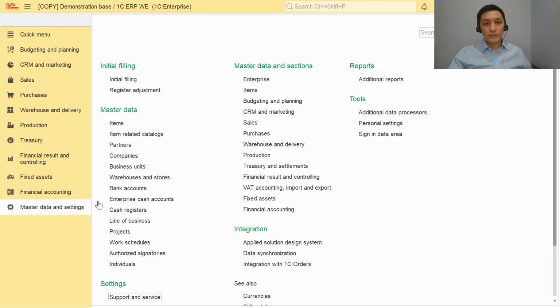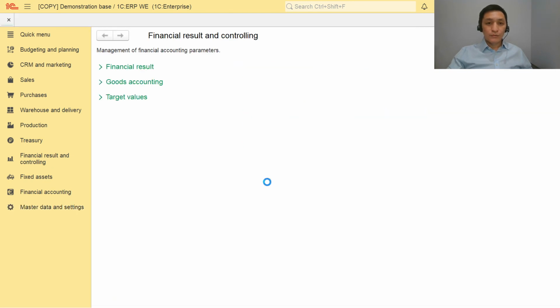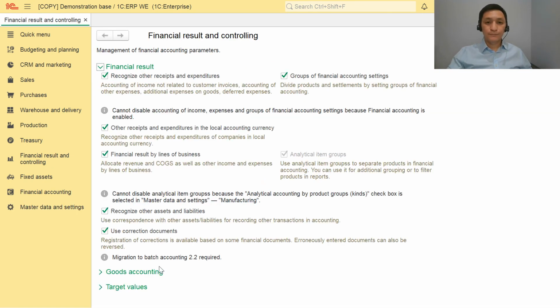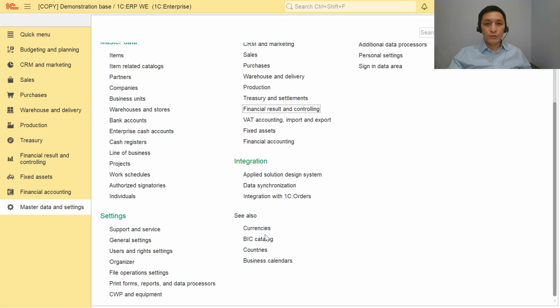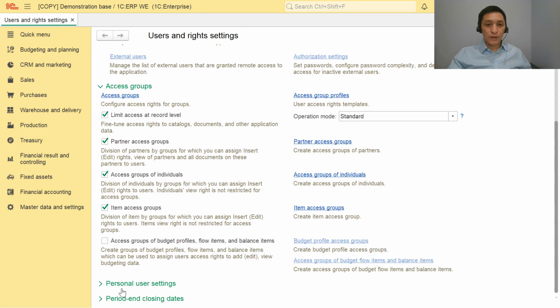Go to Master Data and Settings, Financial Result and Controlling, and tick the checkbox for enabling track changes. Then go to Master Data and Settings, Users and Rights Settings,